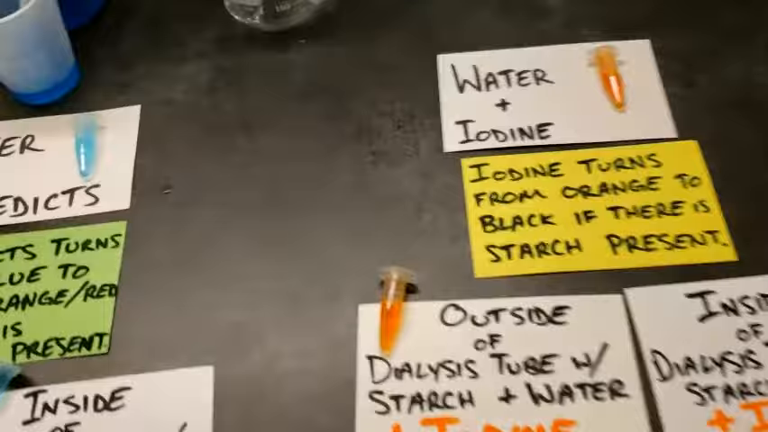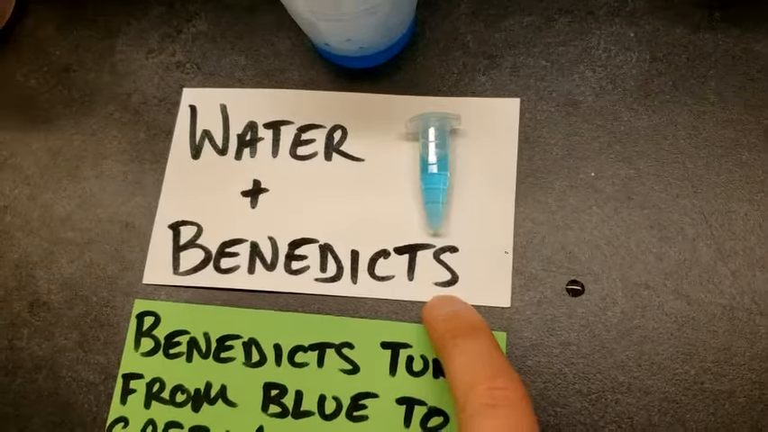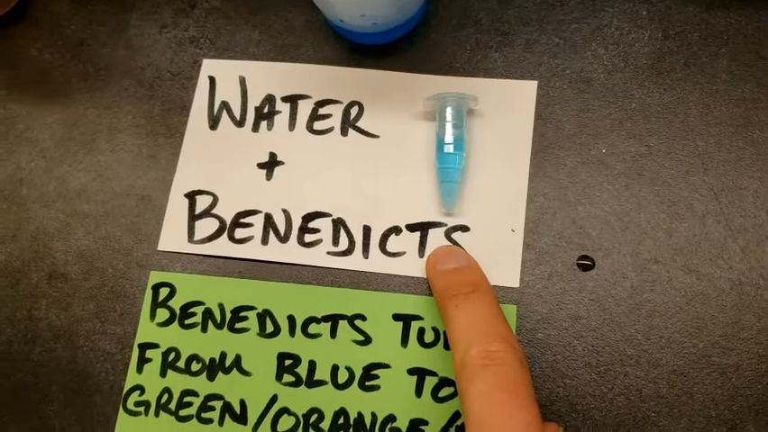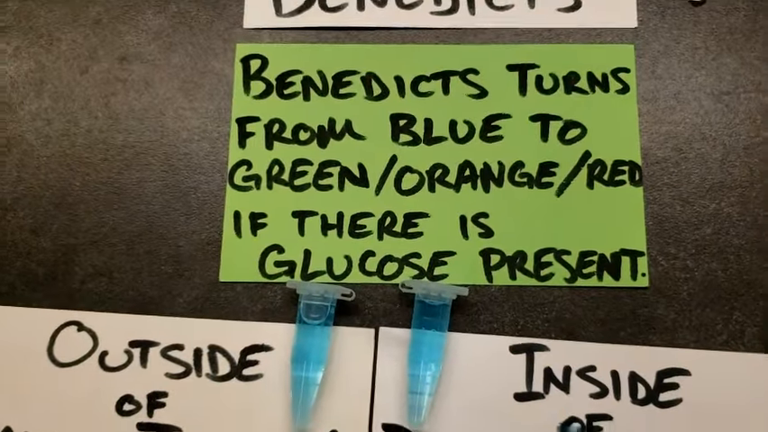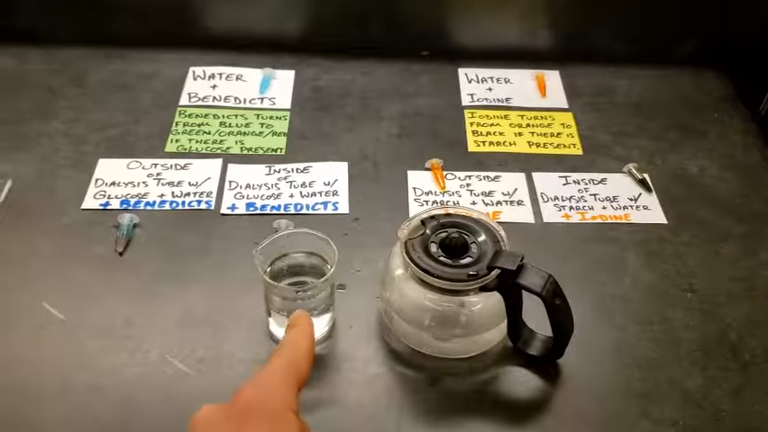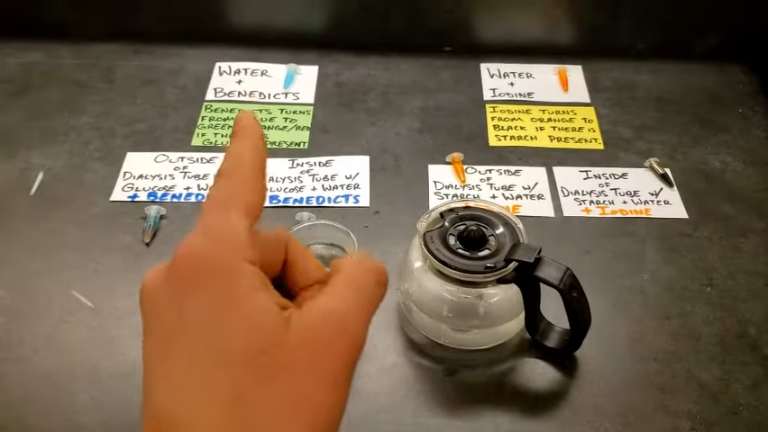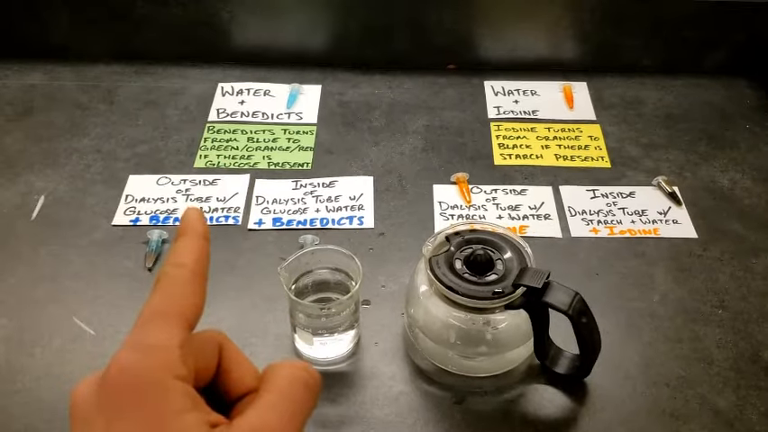Okay, let's talk about the water just with the Benedict's solution. This is what water looks like when we mix it with Benedict's solution, just pure water. And remember, Benedict's turns from blue to a green or an orange or a red if there is glucose present. The very final step of this lab is to boil some water, and then I put that water right here into this beaker. And in order to fully activate the Benedict's solution to tell if there is glucose on the outside of the dialysis tube and on the inside of the dialysis tube,